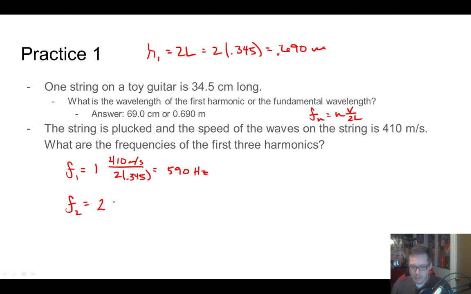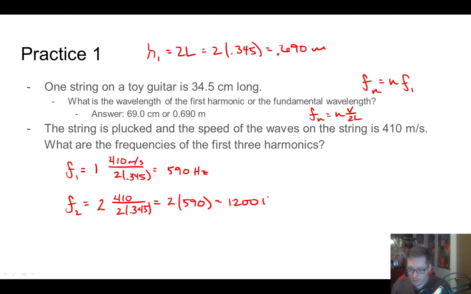We could say 2 times 410 over 2 times 0.345. But that's way too much math, right? This is also equal to 2 times 590, right? Because we also have this other formula that whatever frequency we're talking about is equal to n times the fundamental frequency, right? So 2 times 590 would be 1200,